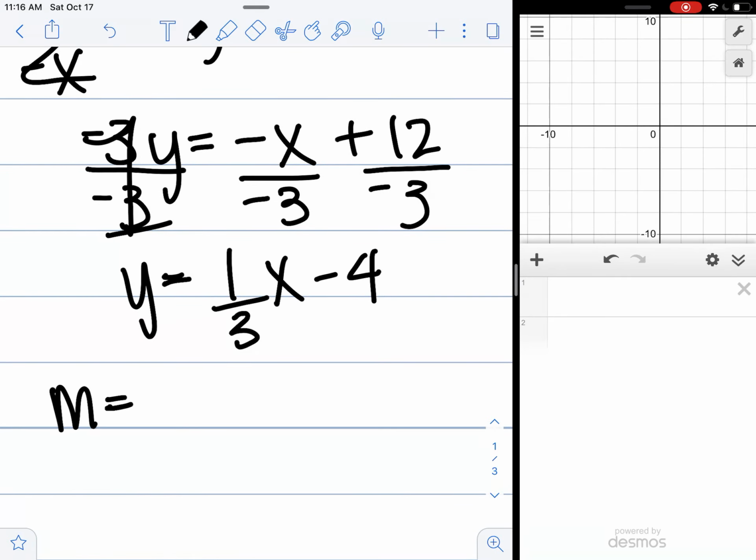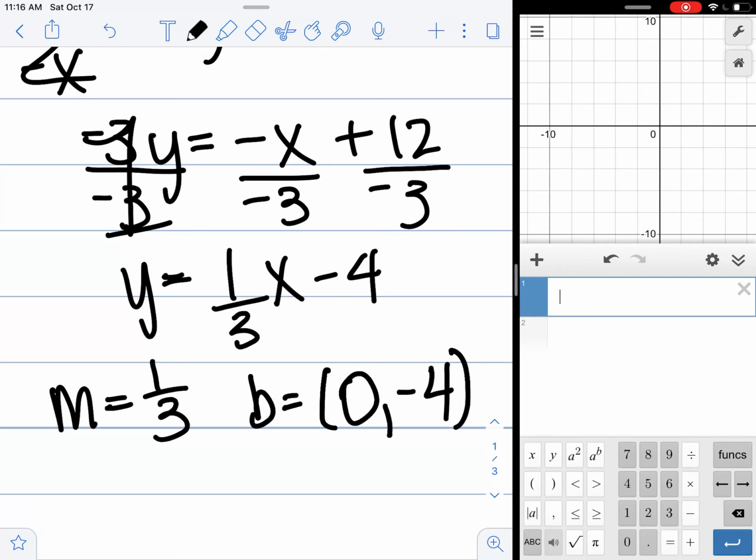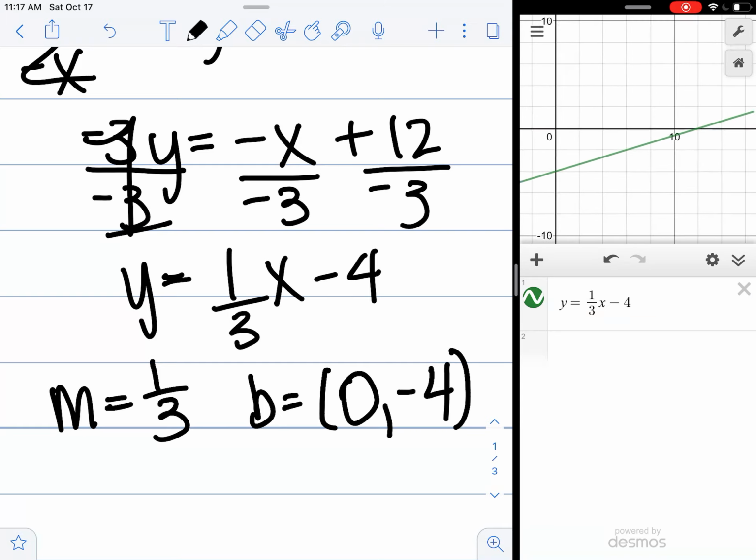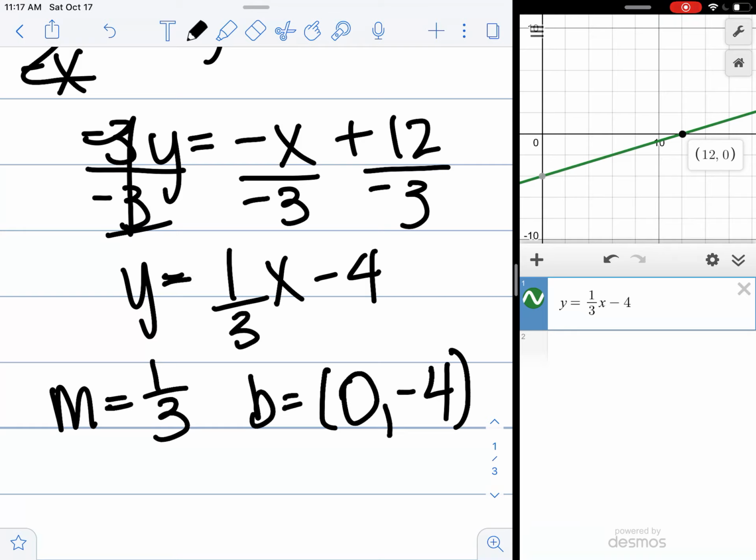So identifying those attributes from our equation, we have 1/3 is our slope, and then we have our y-intercept, our b, which is going to be 0, negative 4. So let's go ahead and graph that. So we have y equals 1/3 x minus 4. Okay, and you can see that graphed right there. So we've got our y-intercept. Boom, it's still right there. So now we just need our x-intercept. Oops, sorry, I'm going to move my graph over. And we have it right there, which is our 0,